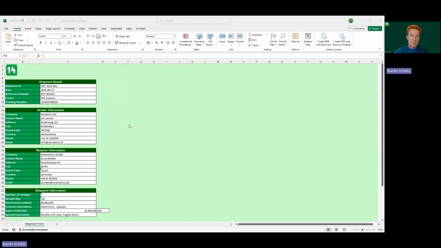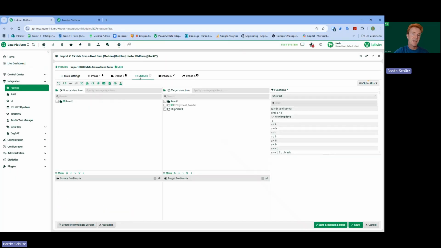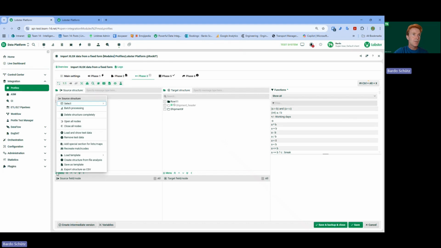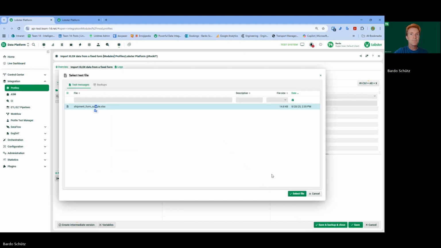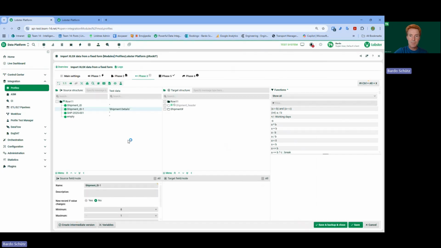So let's see, how would that work in Lobster? So in Lobster, I can directly go to page 3. I will load the data. And you can see here that he's picking up the shipment details. This is the first line where he finds data in column B. Then